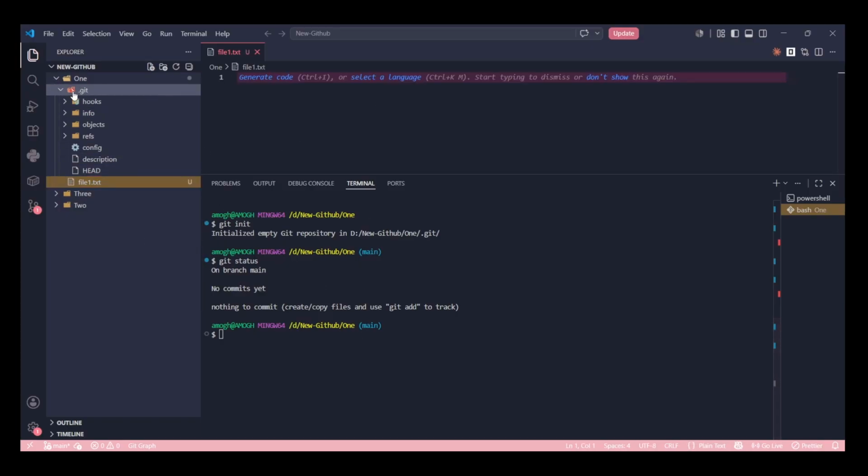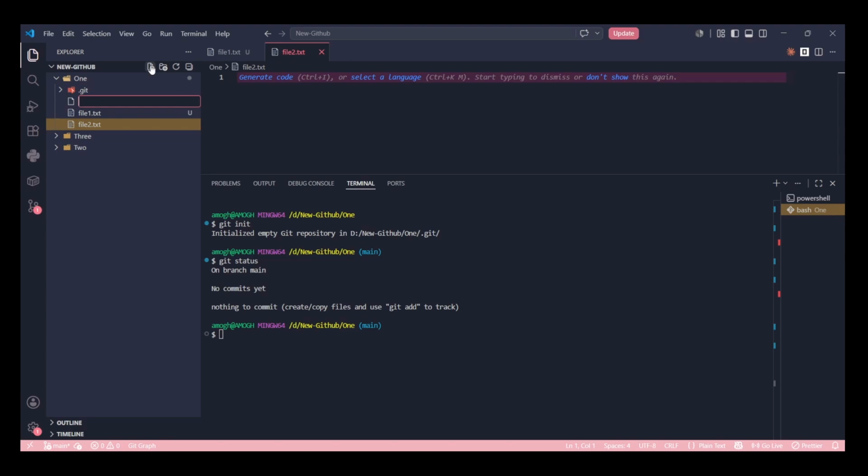Okay, now in my one folder I have a file1.txt file. Similarly I'll create two more files so that it is easy to understand: file2.txt, file3.txt. Okay, now you have added three files in the one folder.